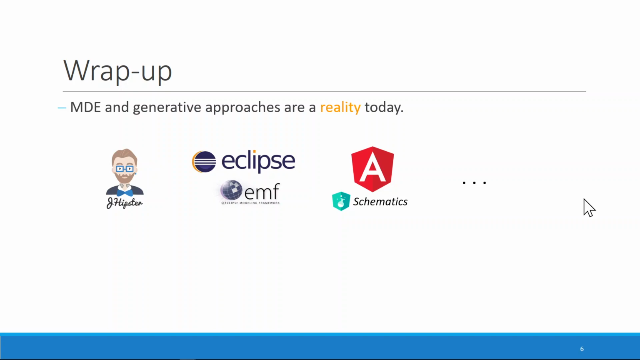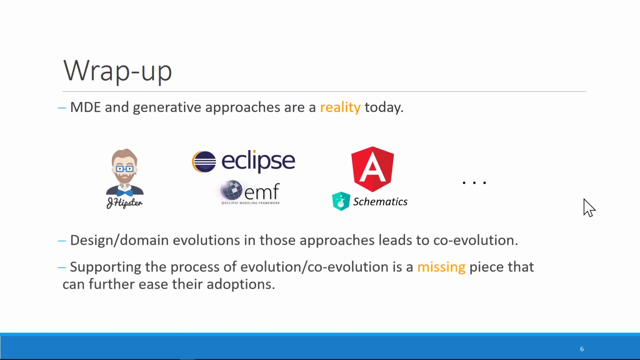So just to wrap up this presentation, today MDE and generative approaches are a reality, and many technologies already support this. I named JHipster, Eclipse, schematics, OpenAPI, low-code platforms as well. And we noticed that in those approaches, design domain evolutions will lead to coevolutions down to the code. And supporting this process of evolution and coevolution is still a missing piece that can further ease the adoption of these